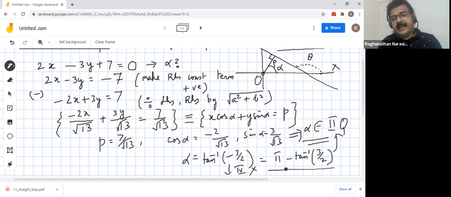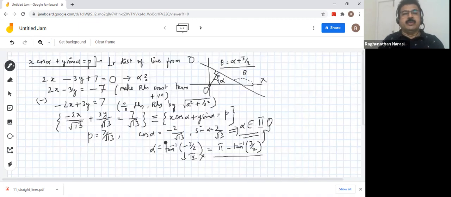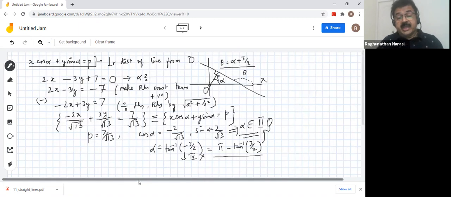So this is one kind of conceptual correction. I thought it might be useful for you. So, how to express any given line in the form x cos alpha plus y sin alpha equals p. Find